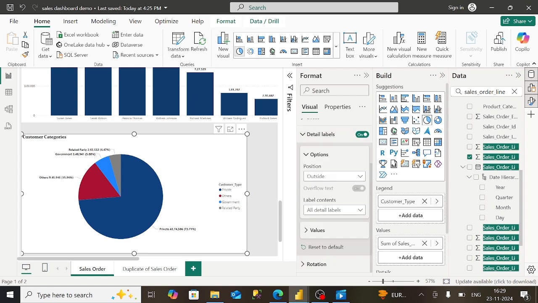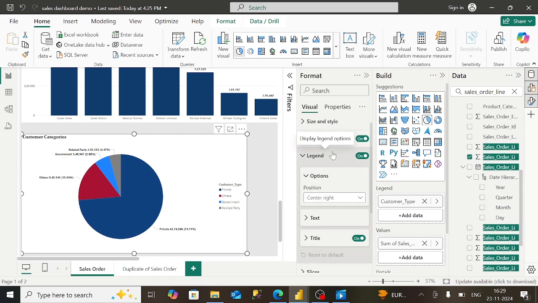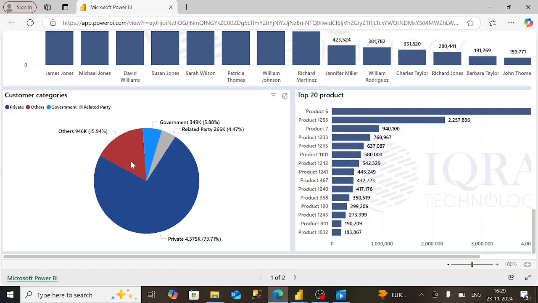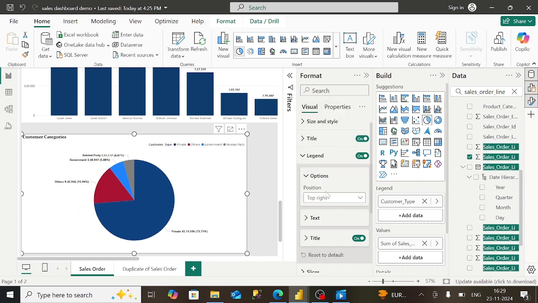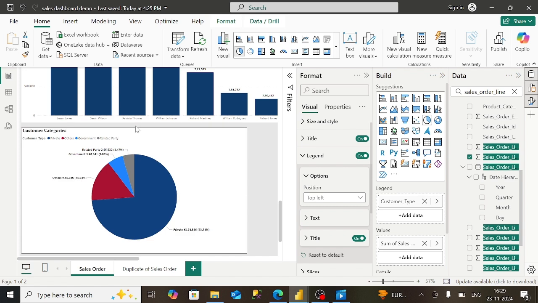Okay, so once we are done with data label, you can shift the legend wherever you want. As we can see, we have legend on the top right, so we will select legend from here as top right. Very top left. So now you can see that we have created our pie chart